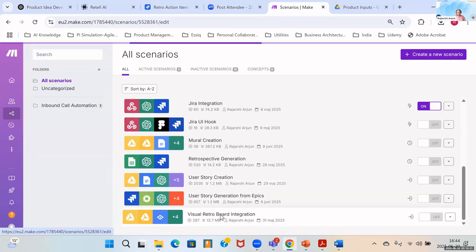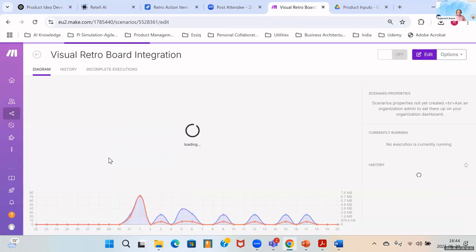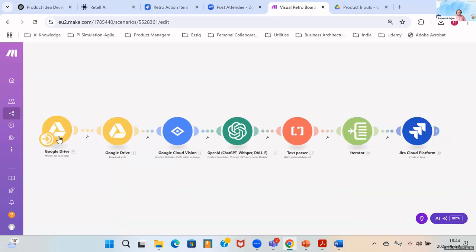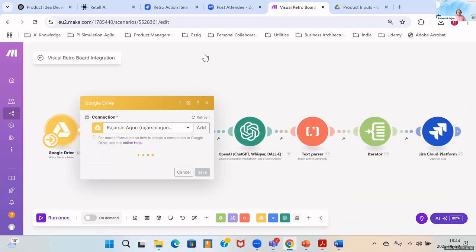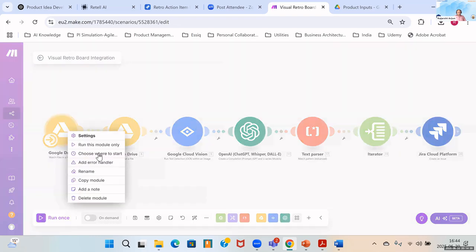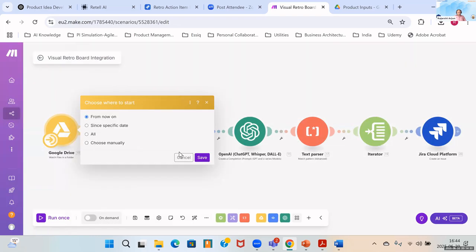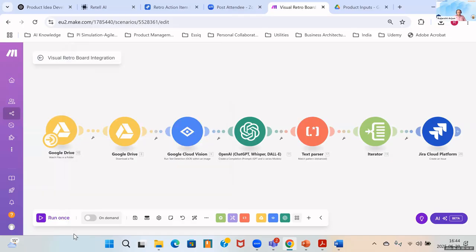Yeah, so this is the one. Okay, so I'll take this. And I will manually choose the file. So it's there in my Google folder. And then I'll run this. So you see, now it's getting executed, okay? And it's going to generate a couple of action items for us. So it has generated around 10 action items.